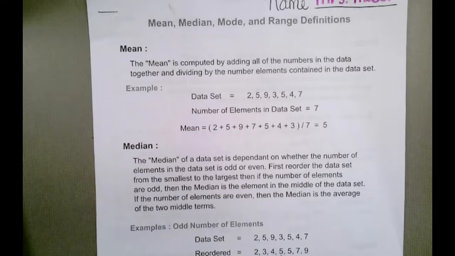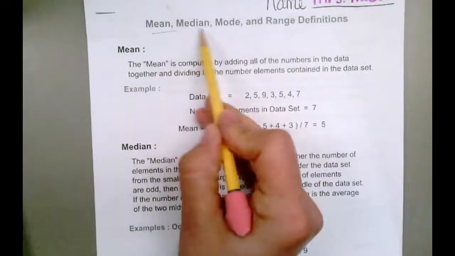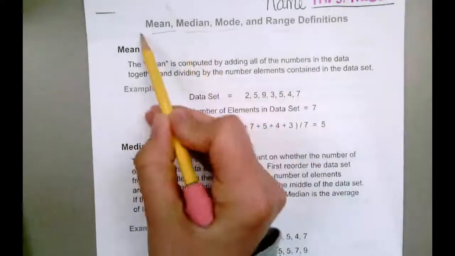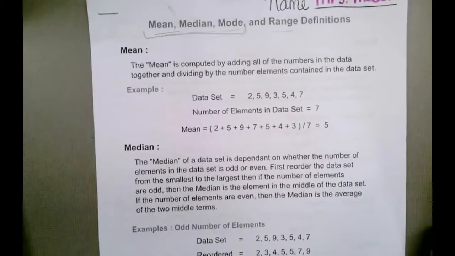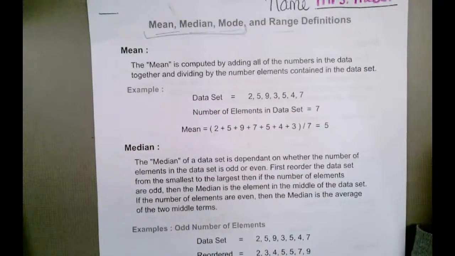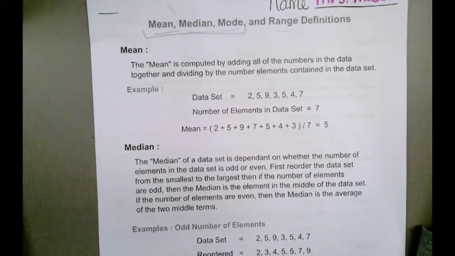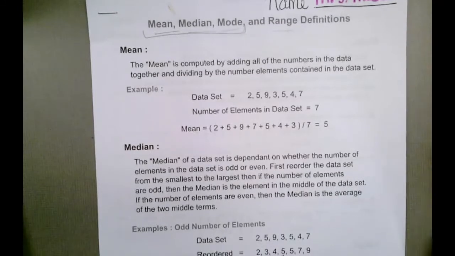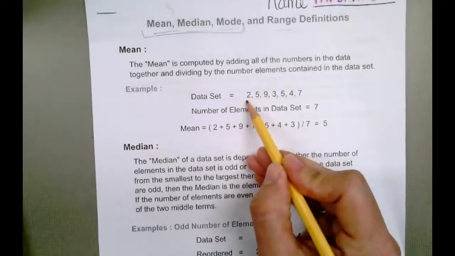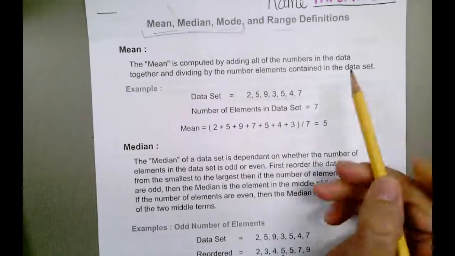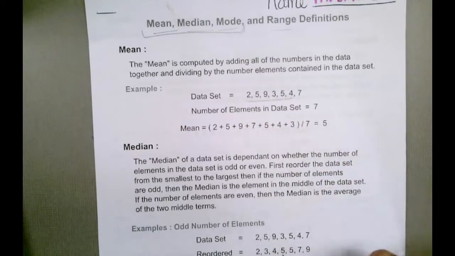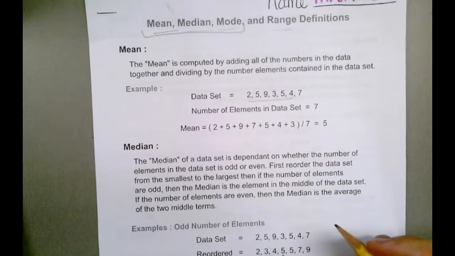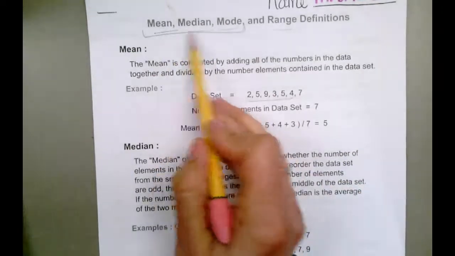Grade. For math this week, we are going to look at mean, median, mode, and range. Mean, median, and mode are all called measures of central tendency. Central meaning middle. It's when you look at a set of data. A set of data is a set of numbers. So this is called data. All of these numbers are collected for many different things, and then they use measures of central tendency